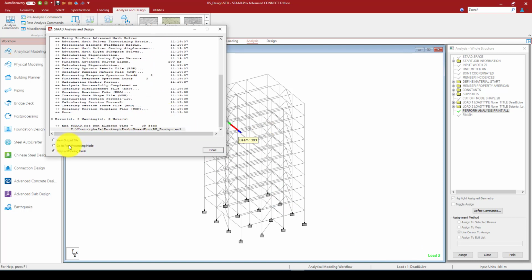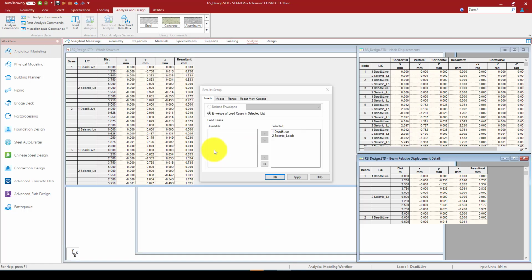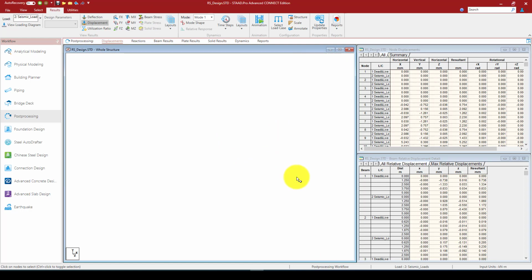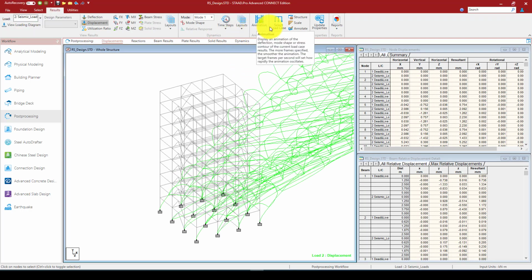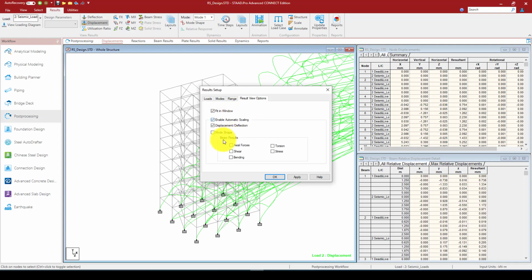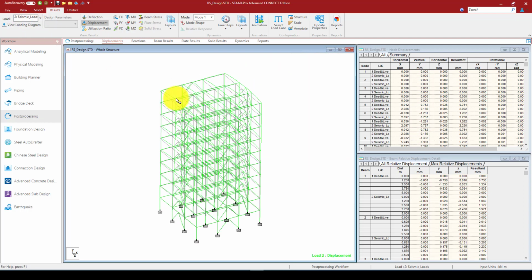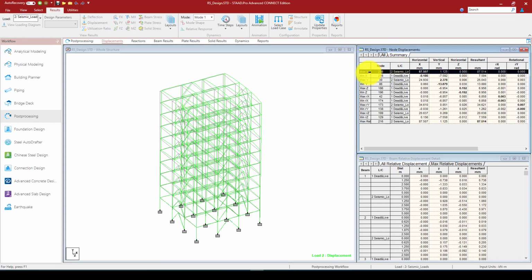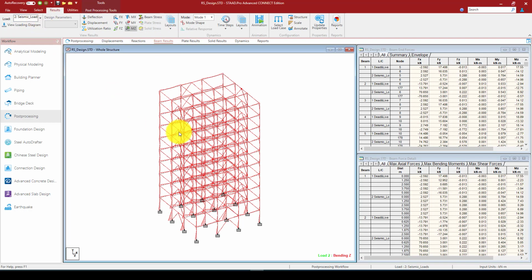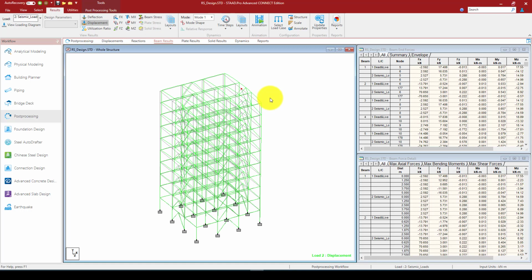So the analysis completed, and we can directly go to the post-processing to see. So here is the seismic, and I can go to the load case to make this one. Okay, and here is the displacement curve from the seismic load. So I can go to summary and see the maximum displacement load is 87 millimeter, and minimum is -1. So we can also see some beam from this seismic load, and you can see here the graph. We also can see the displacement curve as well,